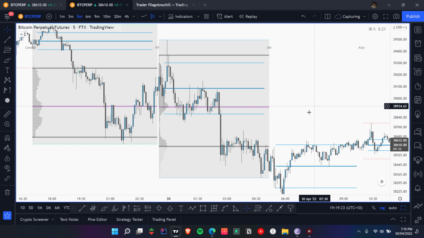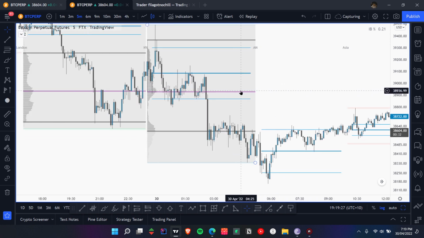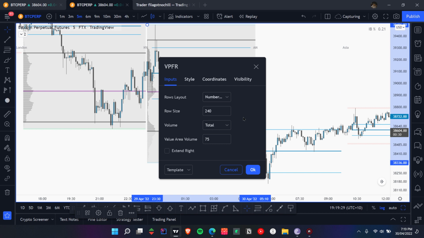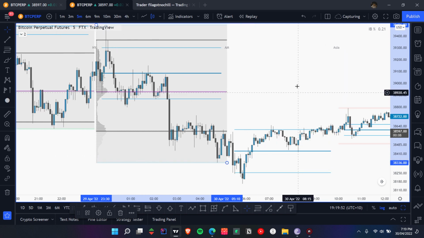Okay, now let's look at what I am using for the volume profile settings. I'm going to put a screenshot of all those settings in my Discord so you can look at it. So we're using the number of rows, 140, multiplied by 10, basically default is 24 multiplied by 10, and the volume and the value area that I'm using is 75. The reason for 75, I think,